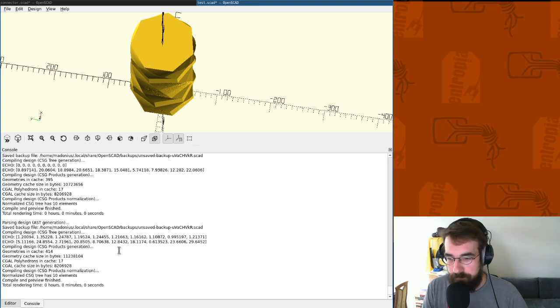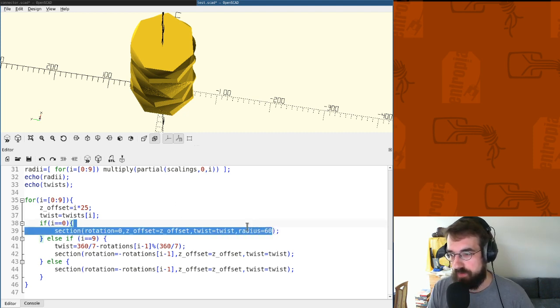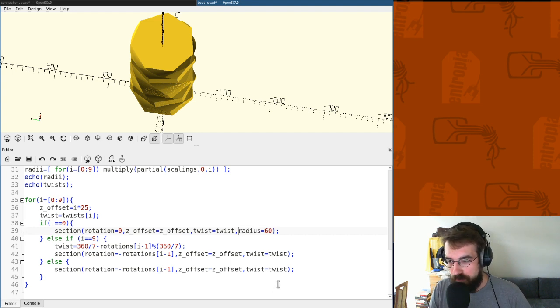Melmoth saved the day. I completely screwed that part. It looks good. I do like the scaling here. It looks pretty decent. So here, of course, the radius is 60. Here, the